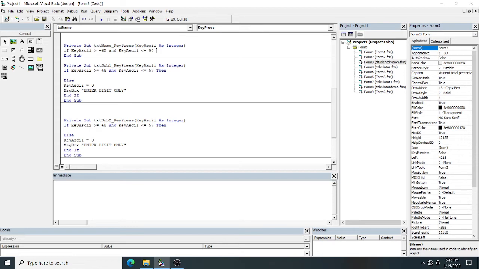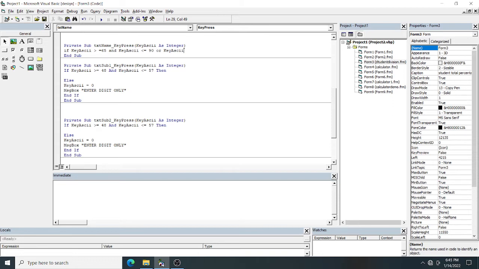Or I will use now which operator, or operator. This is the range of your uppercase letter. Now next is the range for your lowercase letter. That means all alphabet I will allow, and I will allow the space also.